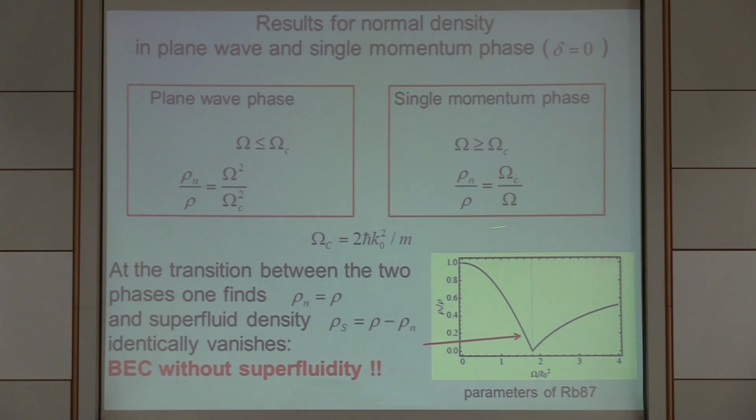And what is interesting is that at the transition between the two phases, one finds that rho n is equal to rho, and consequently, along the direction of the spin-orbit coupling, at this special point, the superfluidity has been completely killed, and the system has a fully normal behavior,